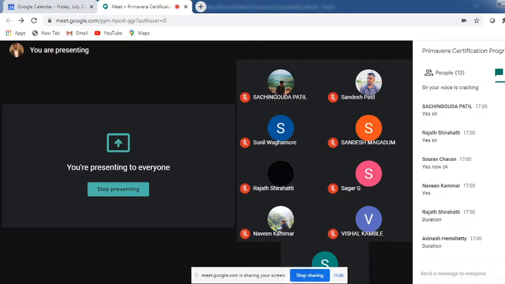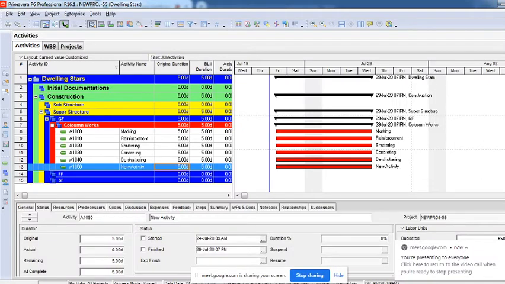Duration first, Avinash. Avinash feels that durations have to be estimated first and then the relations given. There is no specific thumb rule that it has to be done this way only. But what Avinash said is true. The reason is very simple. We will have to estimate the activity first.